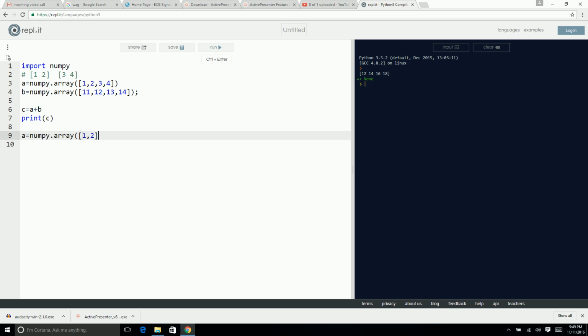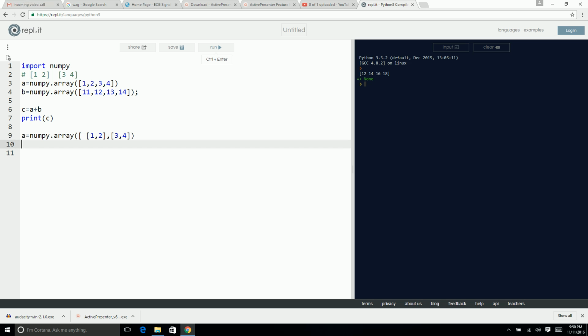Now this is an array symbol. At the same time, this is a row marker. So if you want to have one more row, put it in one more array, comma 3, 4,